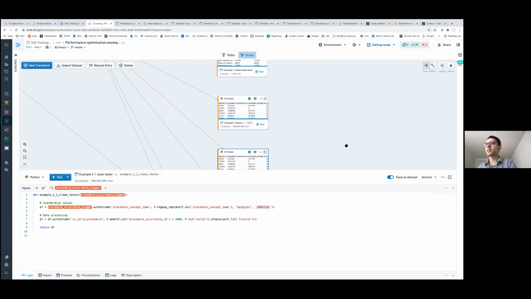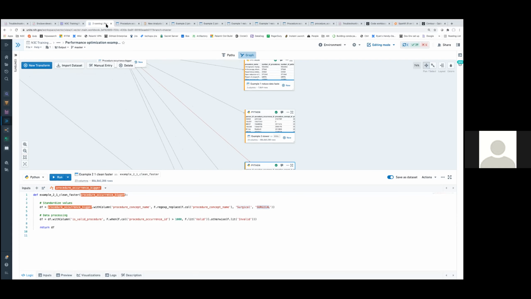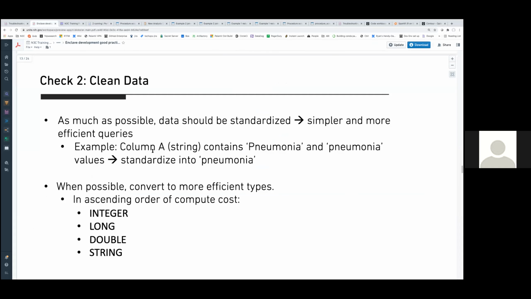The other thing in terms of cleaning data that helps is the data types. There are data types which are more efficient than others. So in order of compute cost, for example, integers are more efficient than longs, which are more efficient than doubles and strings.